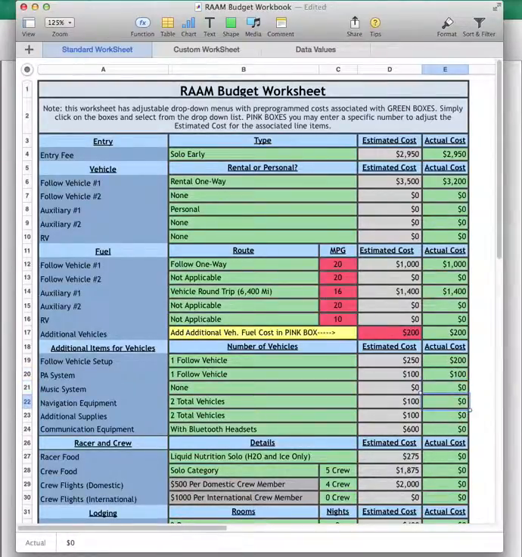Our music system we have already. Navigation equipment, I'm going to leave all those because I know we're going to spend that much. And then our communication equipment, we already have walkie-talkies, so we don't need the $200 for those, but we do need to budget $400 for these new Bluetooth headsets. So I'm going to put that in there as our actual budget for